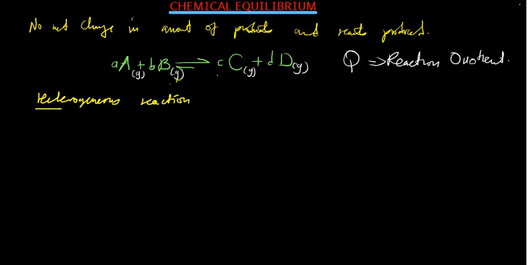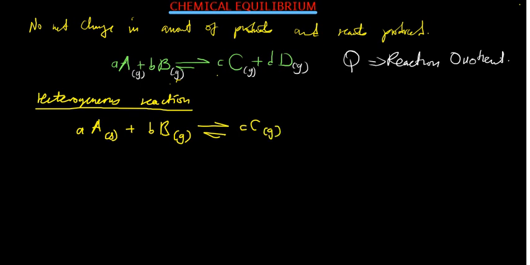For reactions which are heterogeneous, which are not homogeneous, for example, if you've been given A, which is a solid, plus, let's say, B, which is a gas, producing C, which is a gas, and then plus D, which is a liquid. So when we are writing the equilibrium constant using concentrations, using partial pressures or anything,